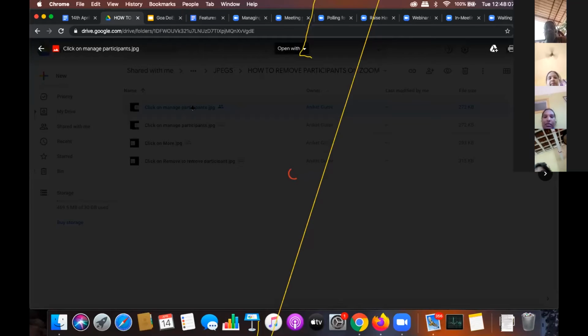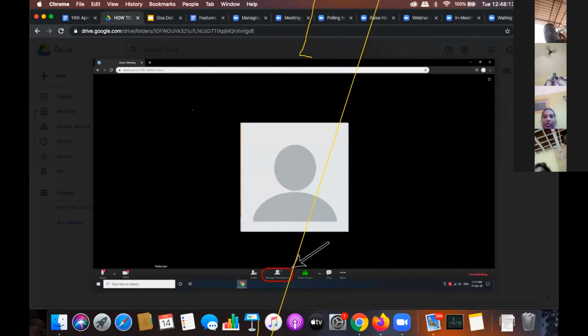If you are a host, if you have scheduled a meeting, in the bottom part, if it is on the laptop, please note, if you can see a wide screen, it is on the laptop. And if it is a shorter screen, it is on the phone. In the bottom part, you can see manage participants as a host.